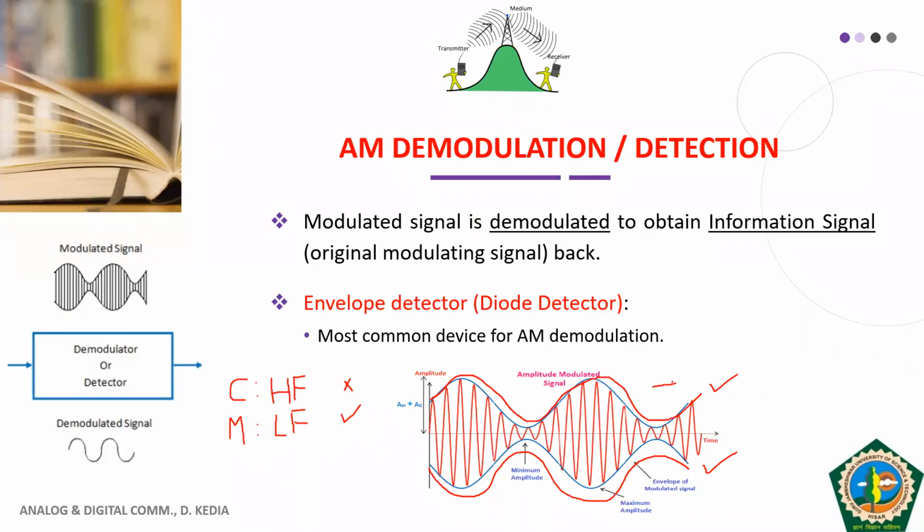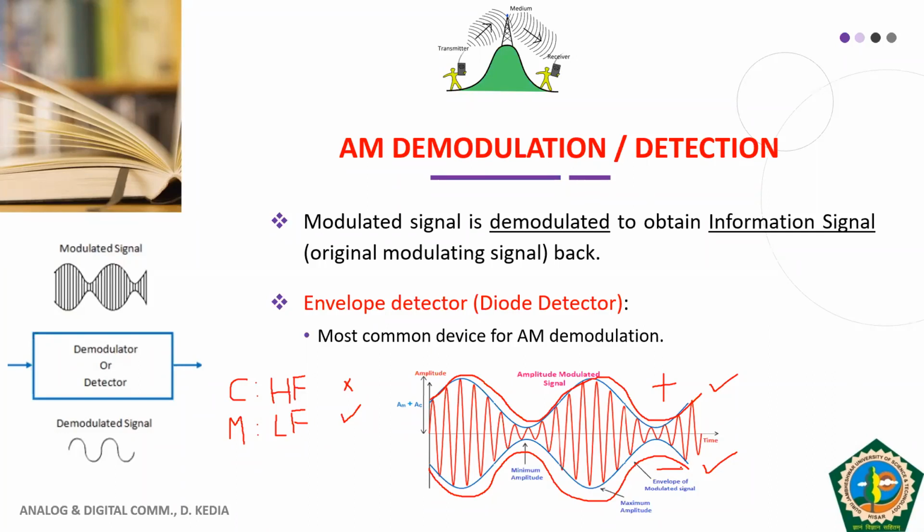My top part is positive and my bottom part is negative. Fine. And if I want to select either positive or negative, the most simple device for that is a diode. We know that a diode is a single side device